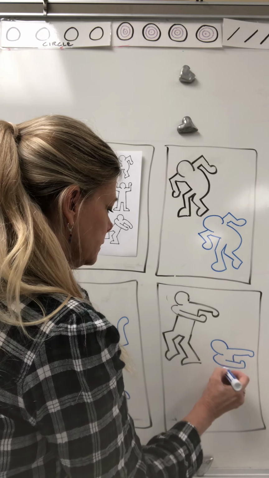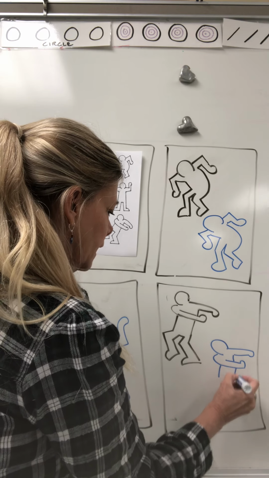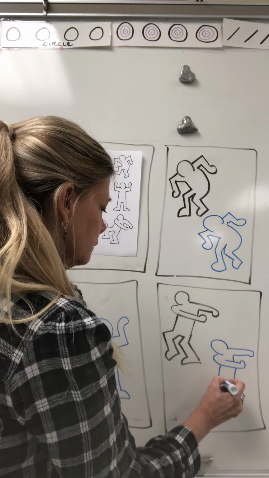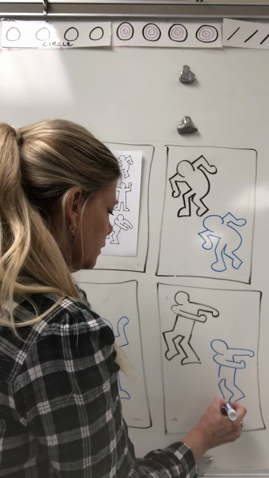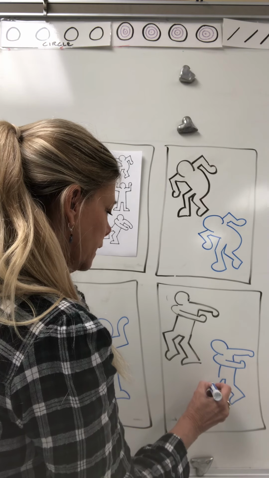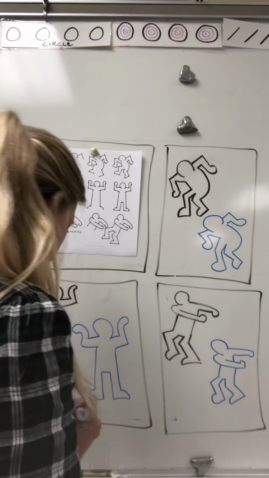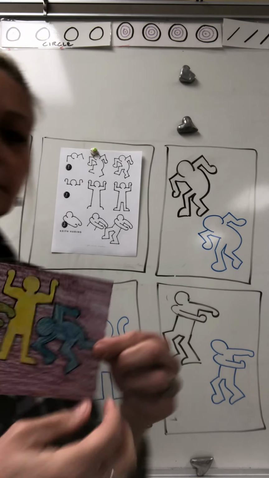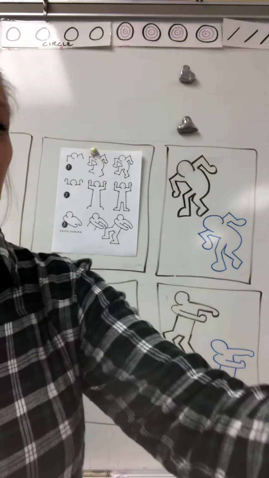So I want you guys to have fun with these little figures, and I want you to just play with it. That's what erasers are for. You're going to have to erase a lot. You're going to have to play with the figures. You're going to get used to how knees bend and stuff like that. And once you get them all drawn and get them the way you want them, I want you to cut them out, arrange them on a piece of paper and color them, or draw all 3 of them on one piece of paper and color them. Okay? So I want you guys to have fun with this, and I want you to watch the